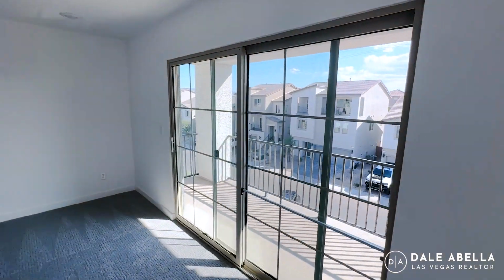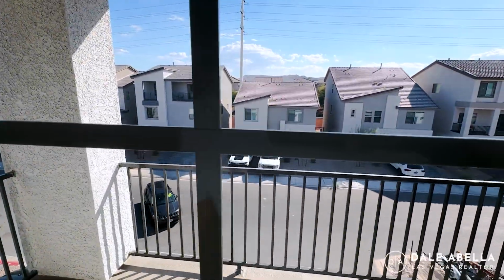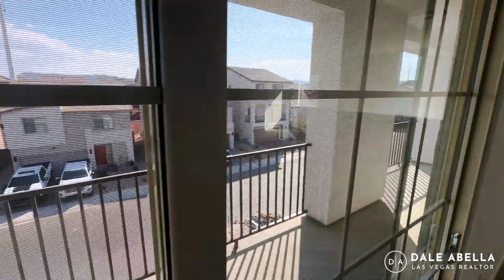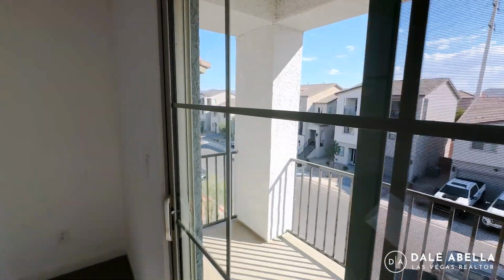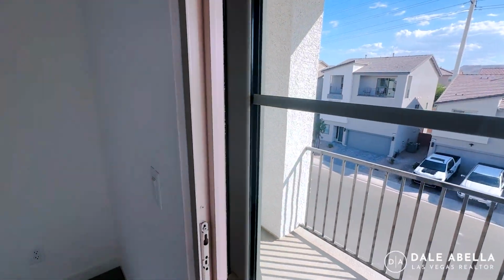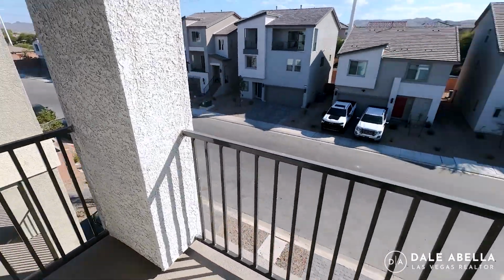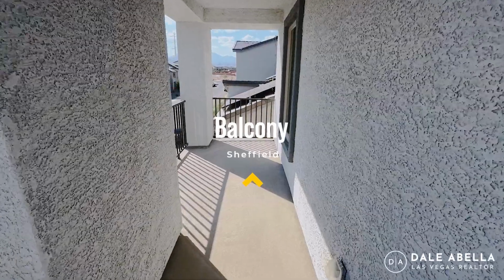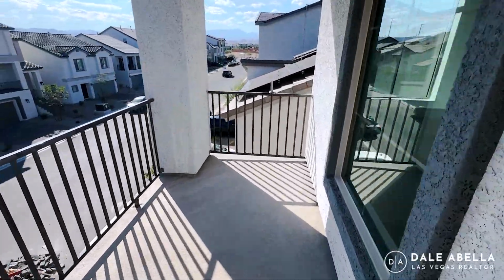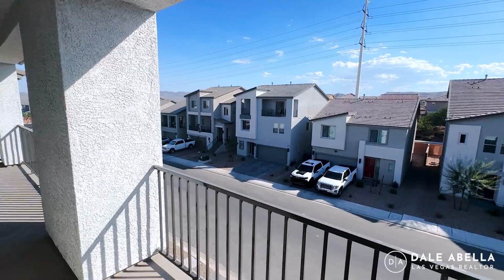And then you have a balcony right here, which is really cool. Let's see. Oh, the balcony is actually, you have some good space over here. Okay, so as you can see, yeah, the balcony is like the whole front of the house right here. So